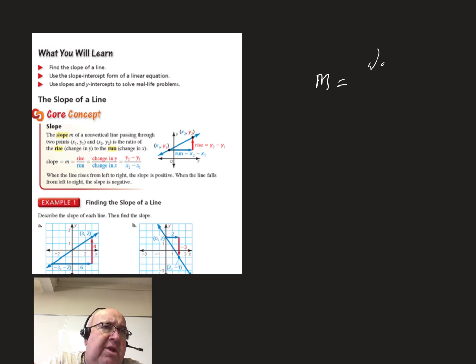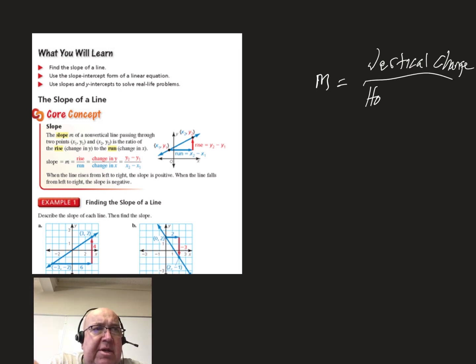So vertical change over horizontal change. And in algebra or math, for change a lot of times the Greek symbol delta is used, which is the triangle. So we look at